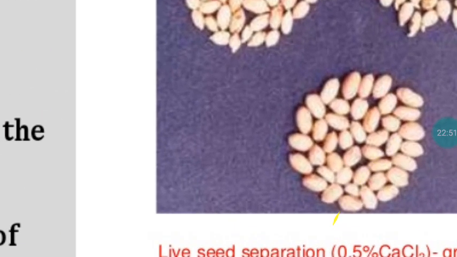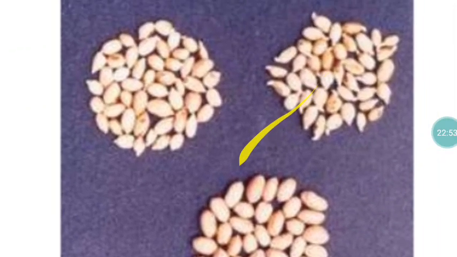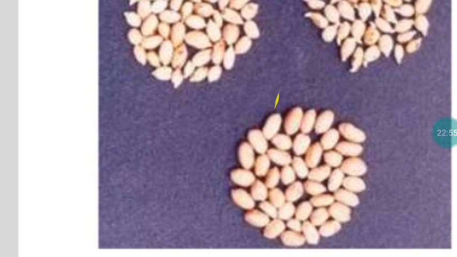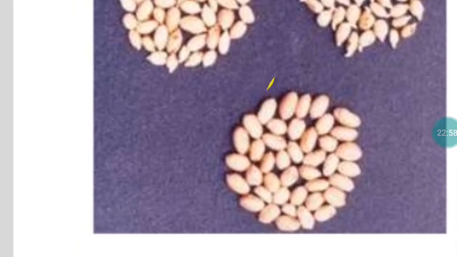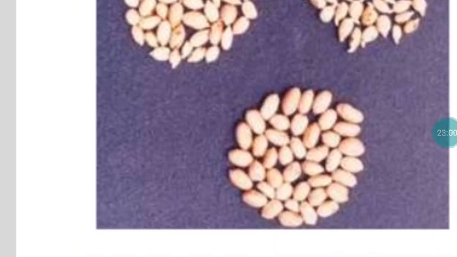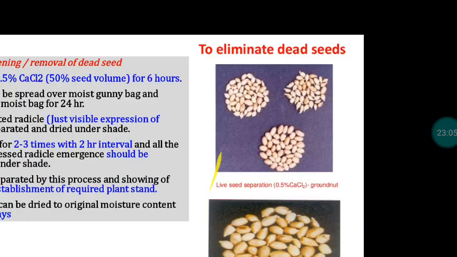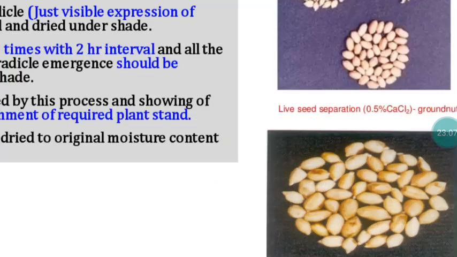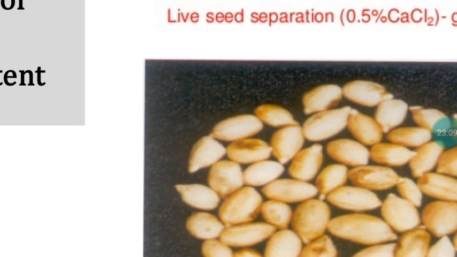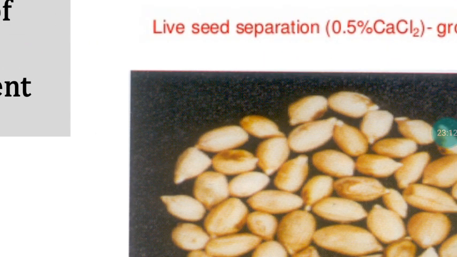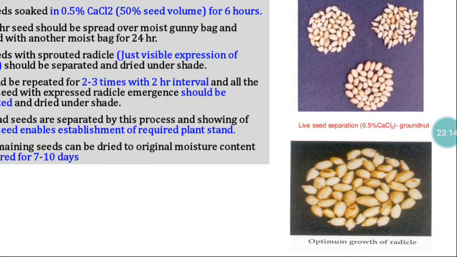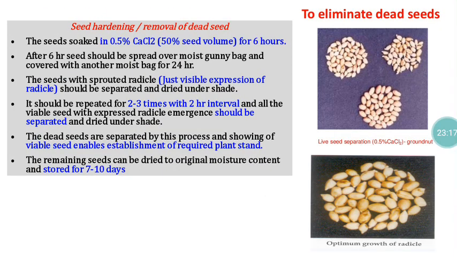Here you can see these seeds are not showing any symptoms of projections. If they are dead seeds, you cannot see this kind of symptoms. They will be in the original color, or something will ooze out. So based on that, before the protrusion, the seeds will show the symptom of radical protrusion.